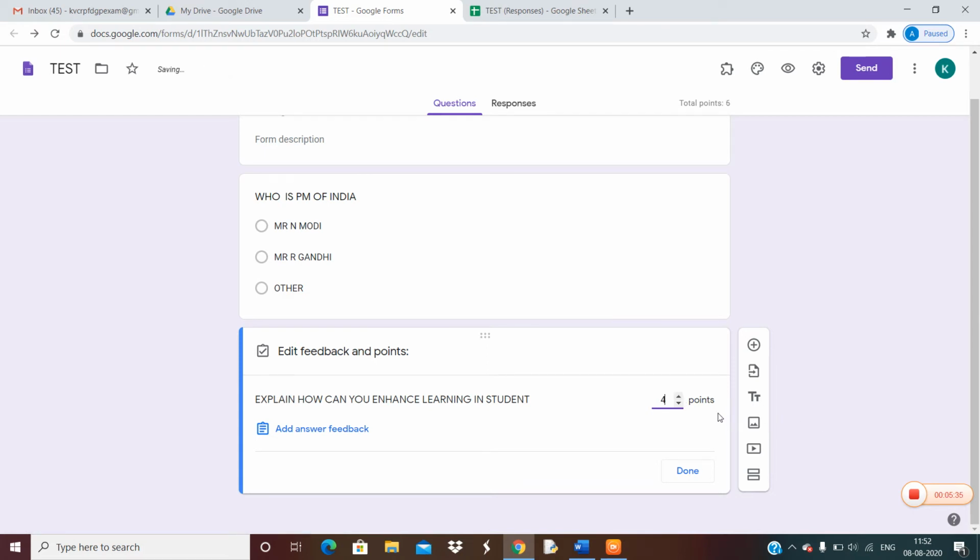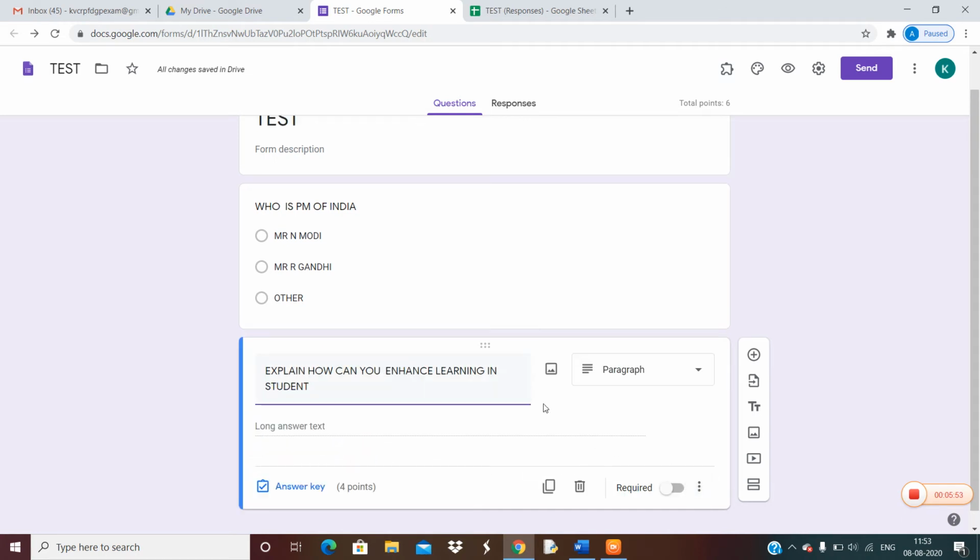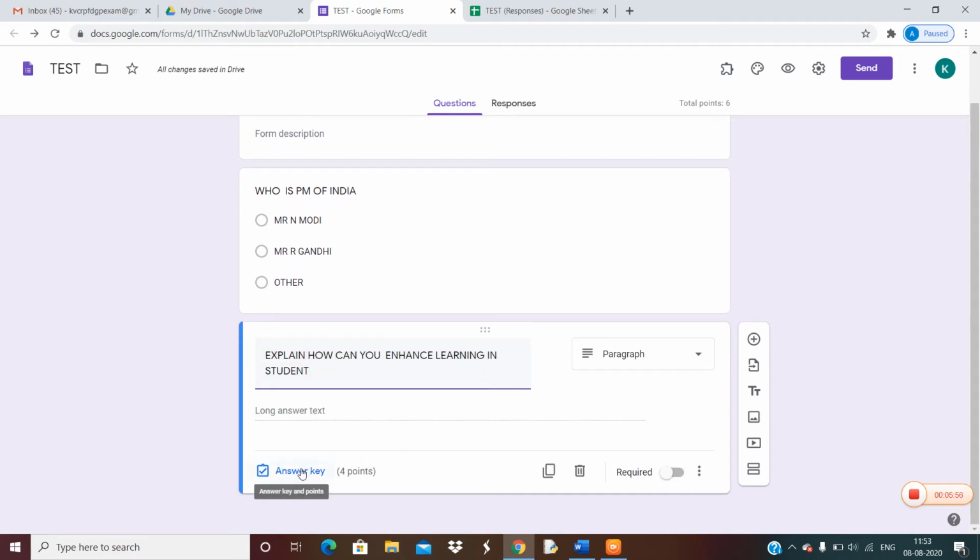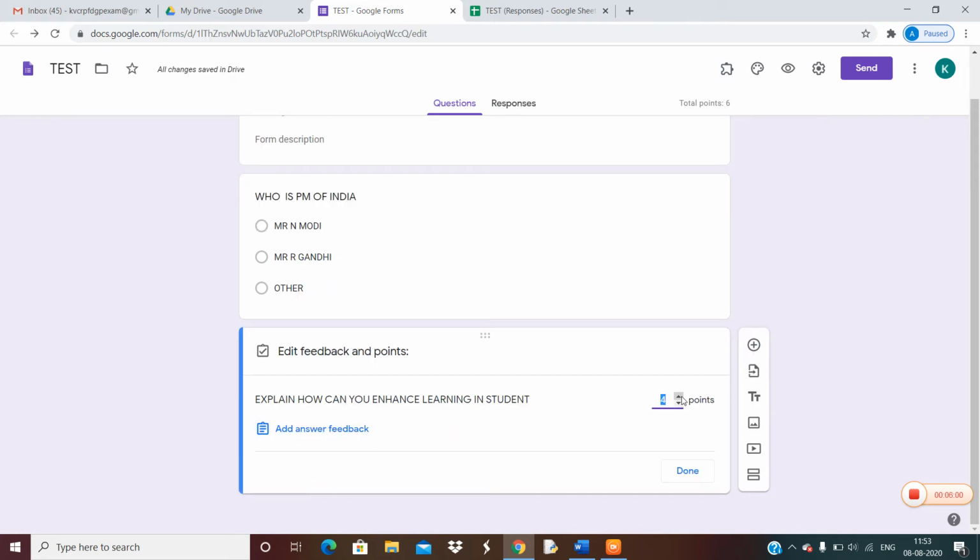So I have given 4 in the points, and I will not write the answer here, because in a long answer question the answer may be different. There is no exact answer to any such question, so you leave the answer blank, and then you click on Done. So now the process is clear. In the long answer question you only have to set the points here.